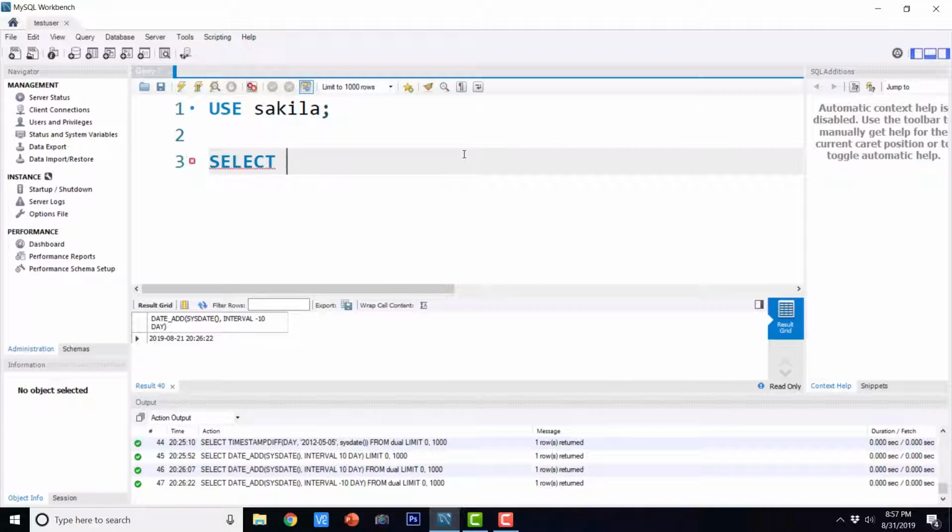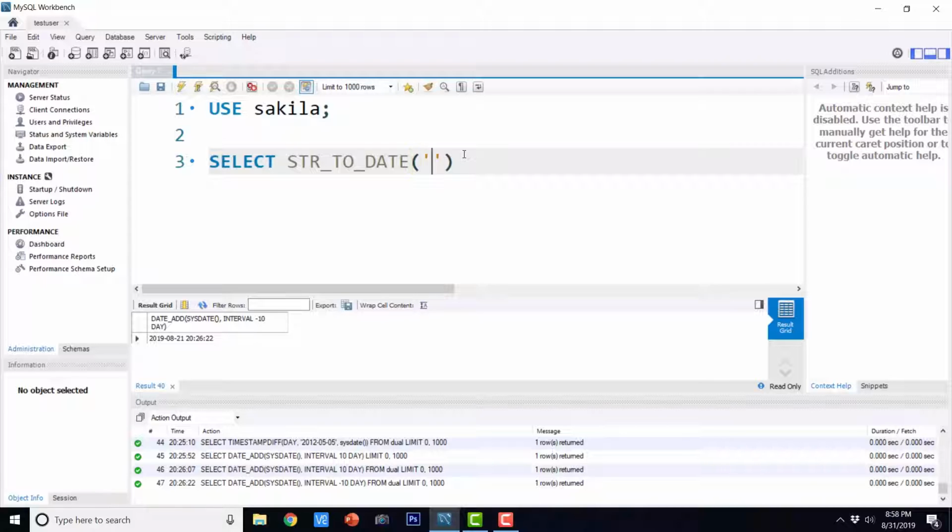Select str_to_date. This is going to convert a string into a date, and the first argument is the string and the second argument is also a string, but it is the string related to the format.